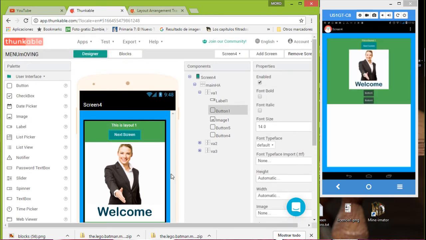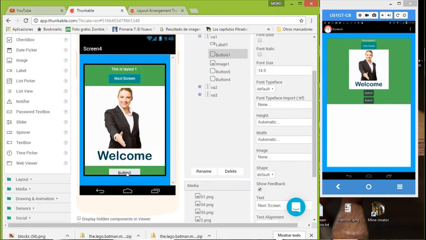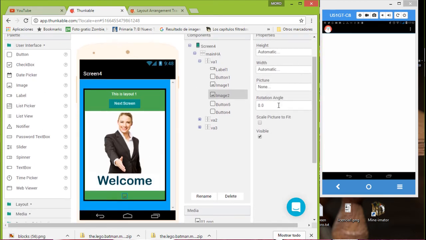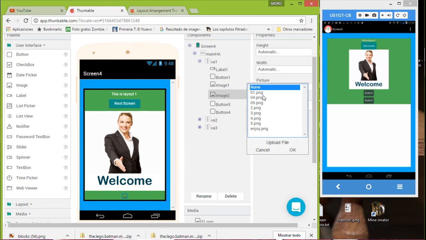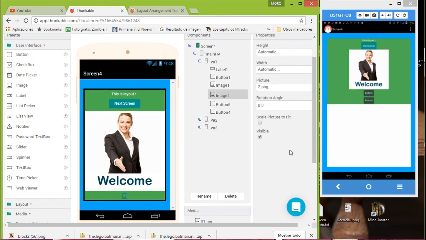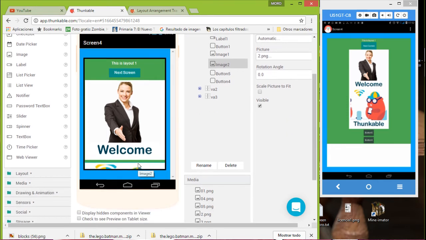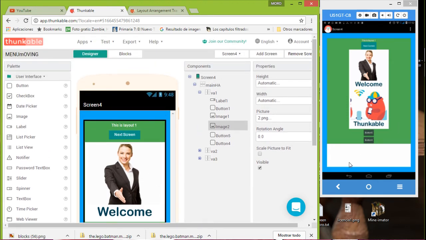So here, that's it. And then you can add more elements. You can add another image. So what if we add another image? Remember, you can use many things. So let's use image number 2. Oh, that's Thunkable. And that's it. So you can have more and more, to fill the space and to have